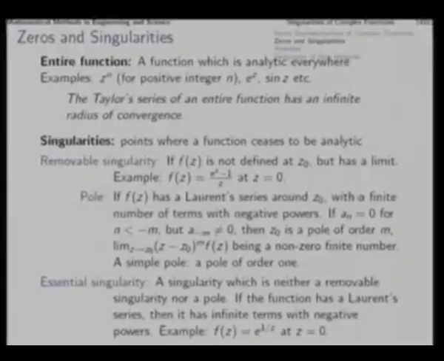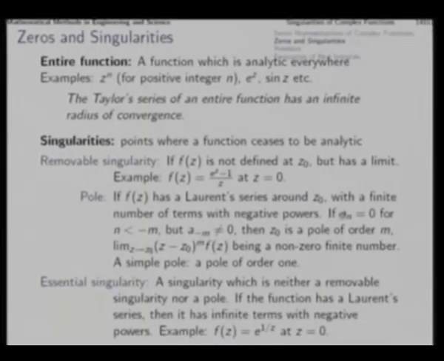You can actually have infinite terms. Now, if at a particular singularity, the Laurent series around it is such that only a finite number of terms with negative powers are non-zero,